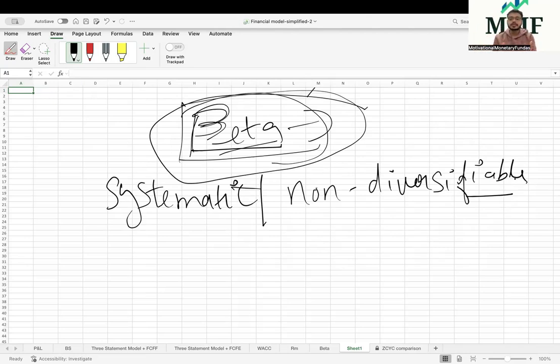And what do I mean by the risk which we cannot diversify is, ideally there are two types of risks in the market, right? On a broader way, in terms of the stock markets. One risk is a systematic risk, and the other risk is the unsystematic risk. If we talk about the unsystematic risk, it is also called the diversifiable risk. It is that risk which you can diversify. And how can we try to diversify that risk? We can diversify that risk by creating a portfolio.